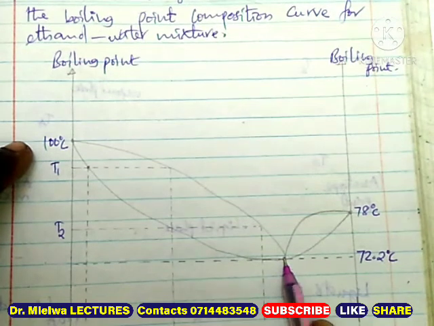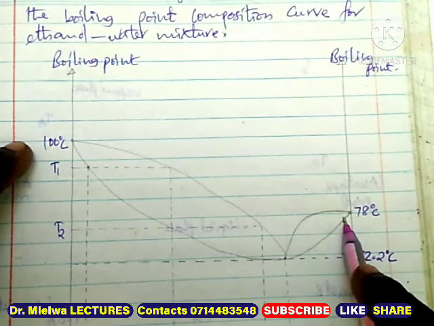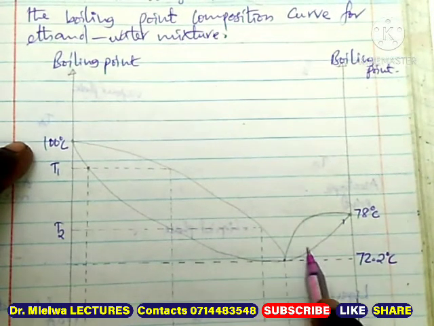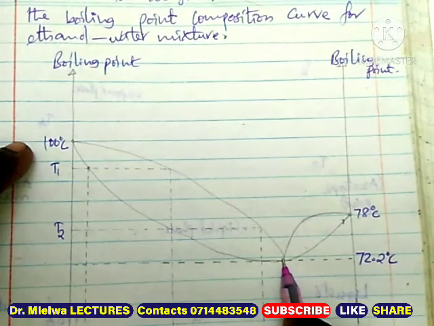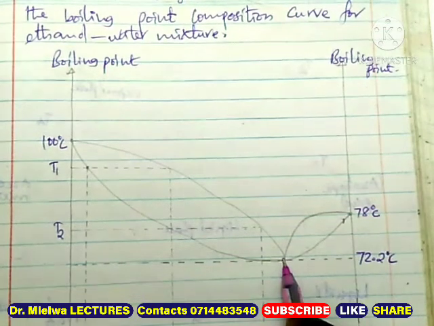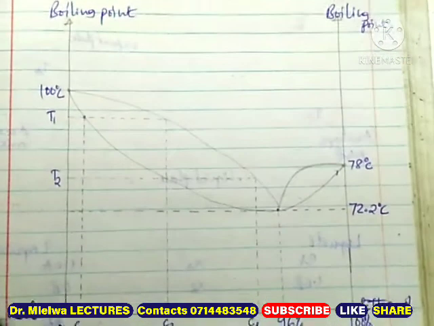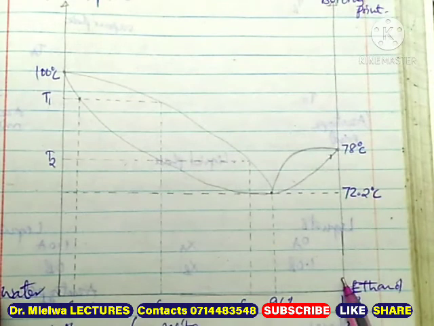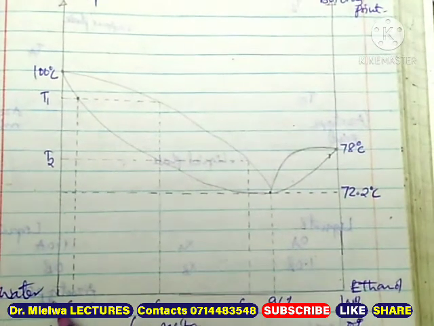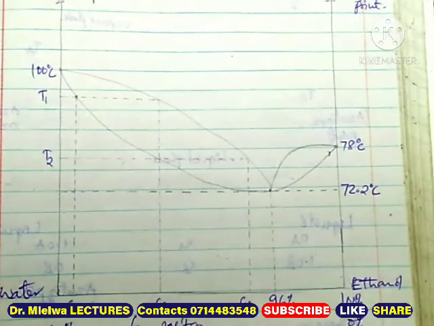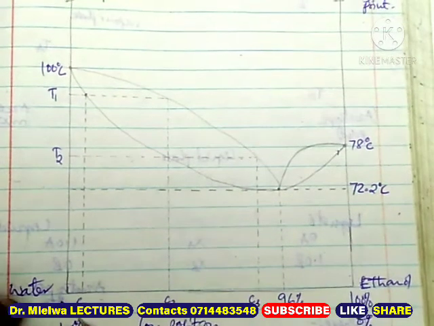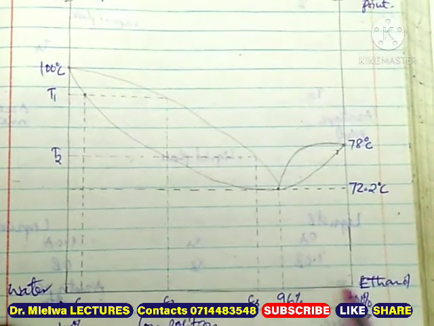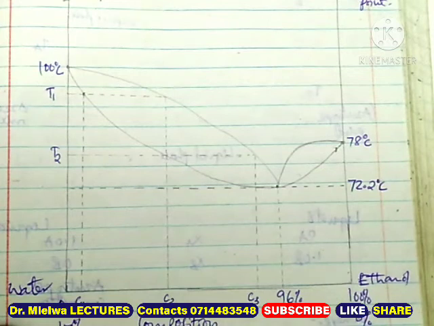Lakini pia hata kama ungeanza na liquid ambayo iko huko, tungeboil, tungecondense, tungeboil, tungecondense, tungeboil, tunakuja kupata isotropic mixture. So from either side we will start either kule ambako ethanol is rich au kule ambako water is rich. From either side mwisho wa siku utakuja ku end up with isotropic mixture. Kwa hiyo whether umeanza na solution ambayo water imezidi au umeanza na solution ambayo ethanol imezidi, kokote ulikoanzia utaishia hapo